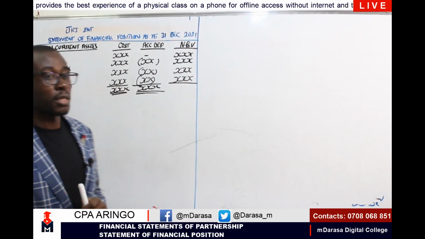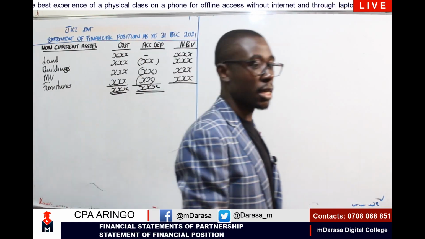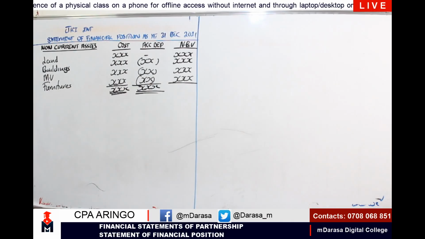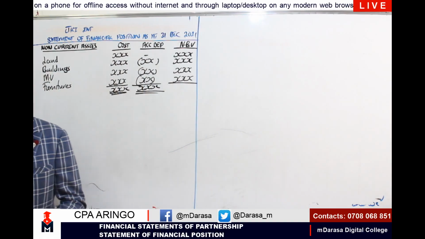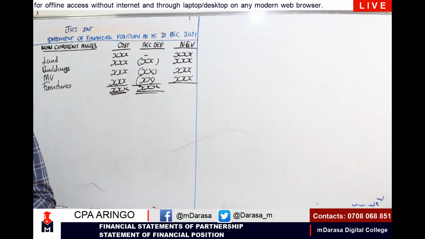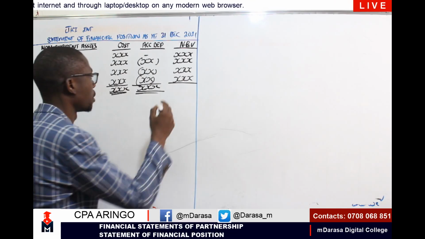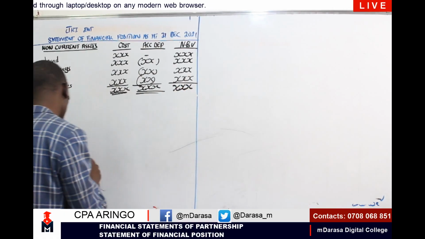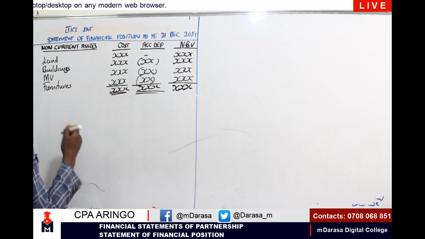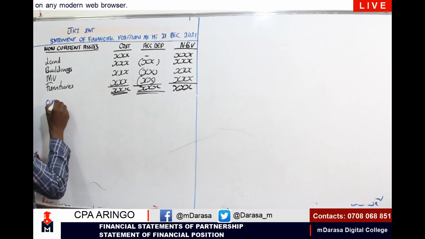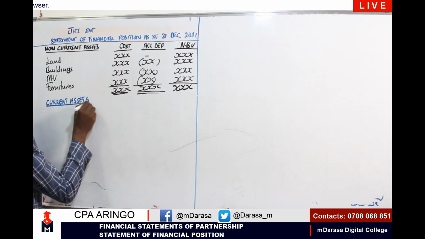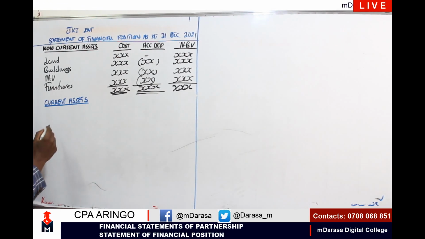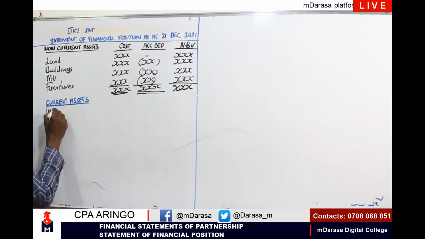Then we talk of our current assets. Our current assets will be listed in order of liquidity, and therefore this is what we should be having, after having our total there. Current assets: we start with inventories,